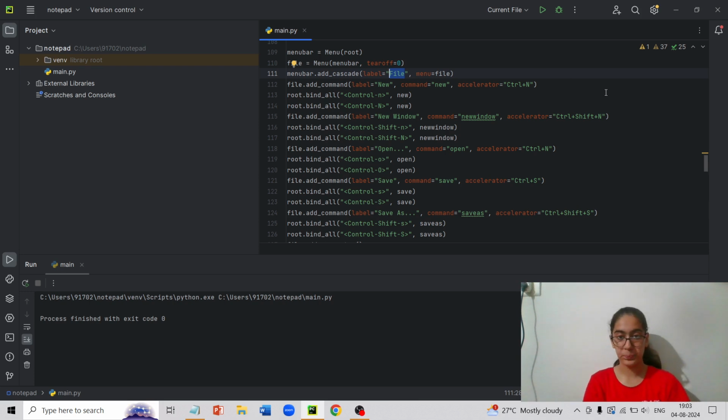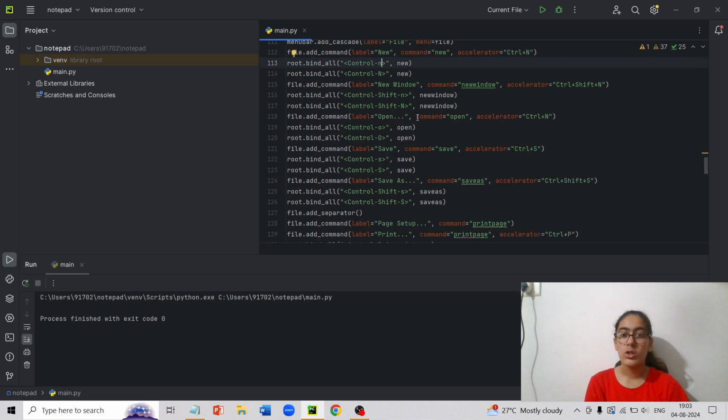inside the label. So next, I already told you in my last video what bind all is, and then we have written the functions over here. So command equals to open. I have put it in double inverted commas, but it is not supposed to be put in double inverted commas. If I remove it from the double inverted commas, it will actually do the work.